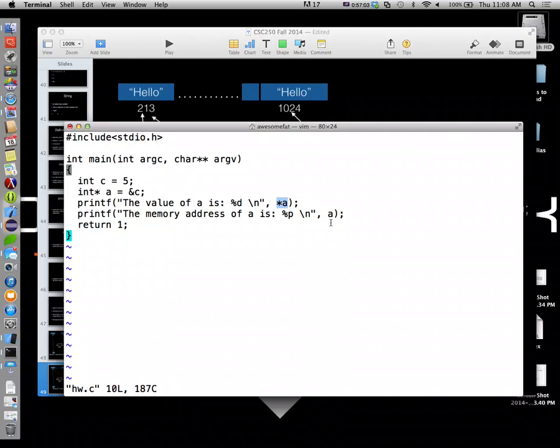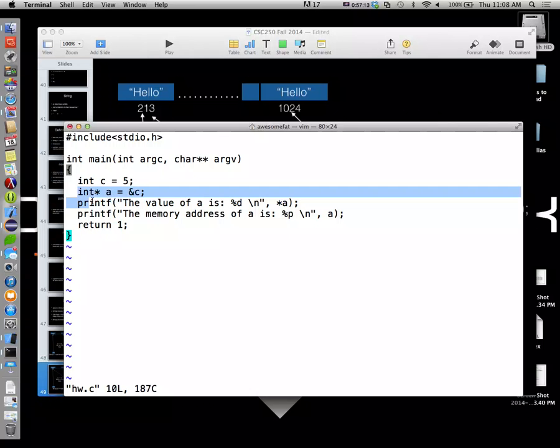Why? A variable resolves to its most local definition. A resolves to its definition right here. What kind of value is a? It's an integer pointer. That is, it's a variable capable of holding a memory address. So when I print out a, this will print out the value in a, which should match